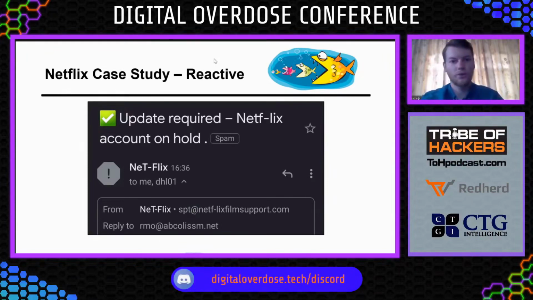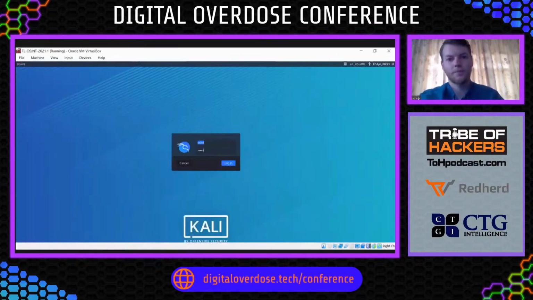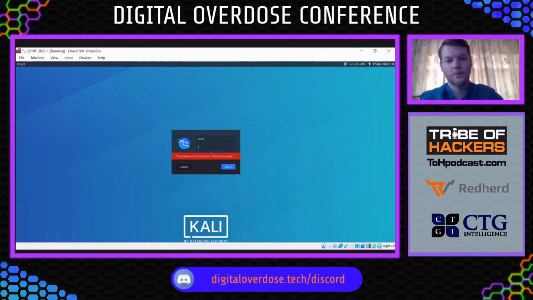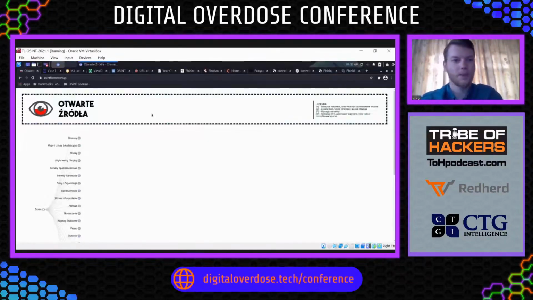All right, so let me show you here using my VM. So here is an example of a framework, which is a localized framework, OSINT framework.pl, and you can start.